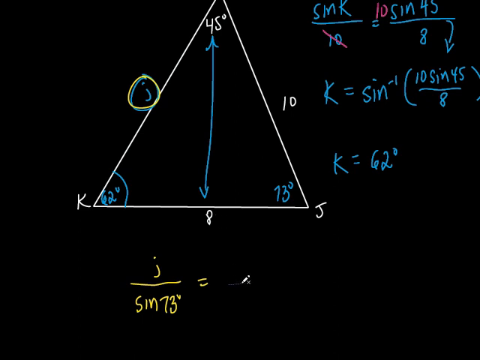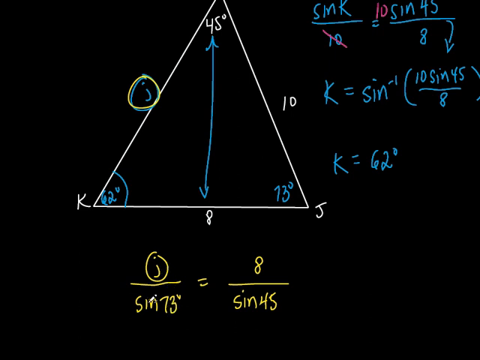So what am I going to put on top this time? Look over here. Look what I did. I put the side on the top, and then the angle on the bottom, right? So what am I going to put here? 8 over what? The sine of 45. Good. Does that make sense? So they have to both be written the same. If the side's on the top, it's got to be on the top for both of them. Got it? All right,